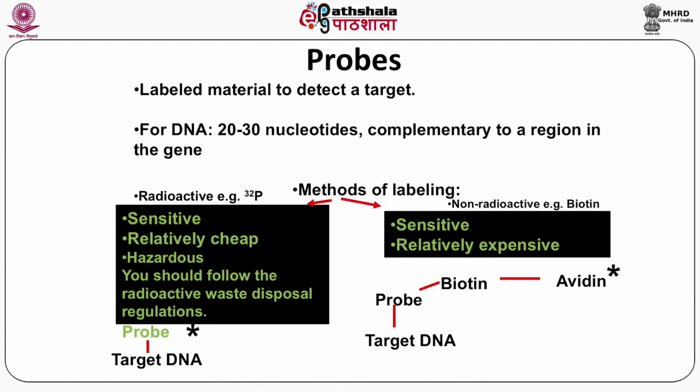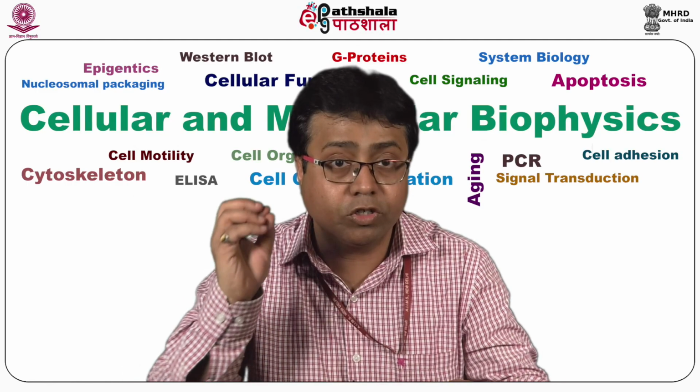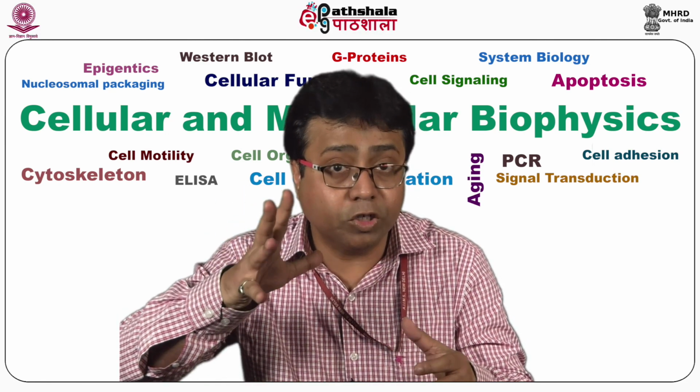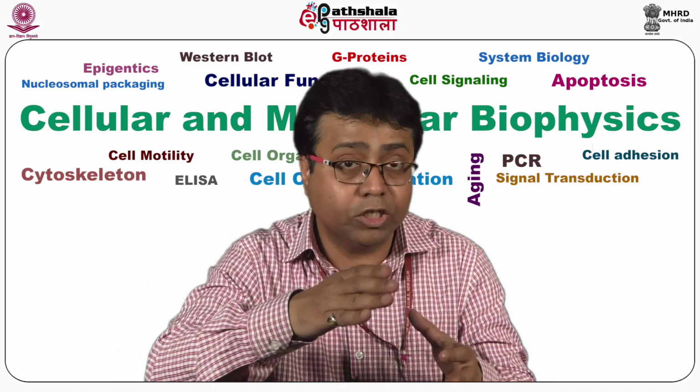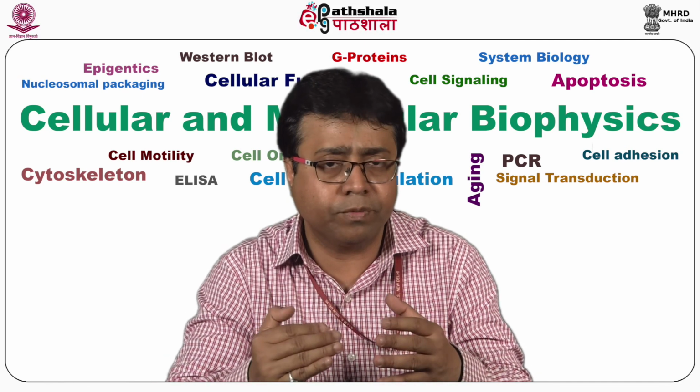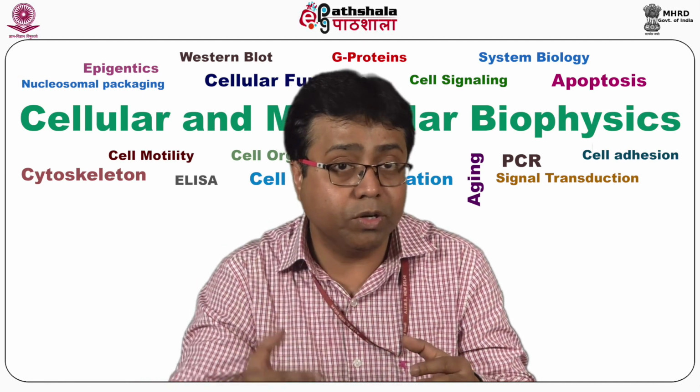Suppose the sequence of interest which we are integrating is the beta globin gene. You design a probe which is complementary to the beta globin and label it with P32. From the P32 signals, we can see exactly where the probe hybridizes to the DNA molecules. Once it hybridizes, that particular region is going to glow, and from that glow we know the probe has hybridized to one of the target molecules, and that tells a whole lot of information about the target molecules just by looking at the probes.